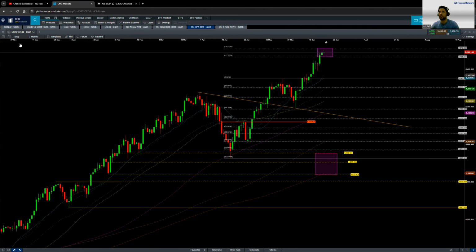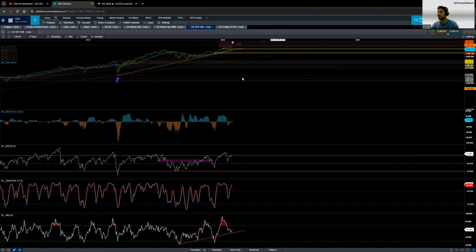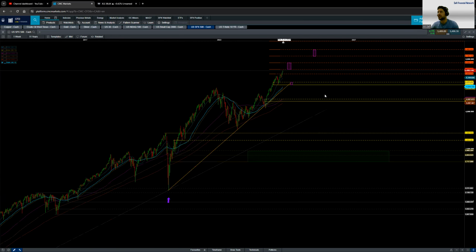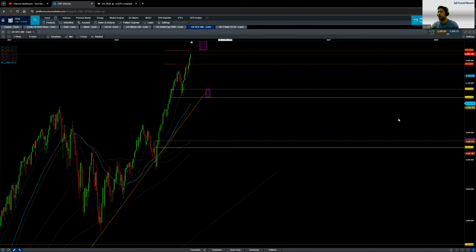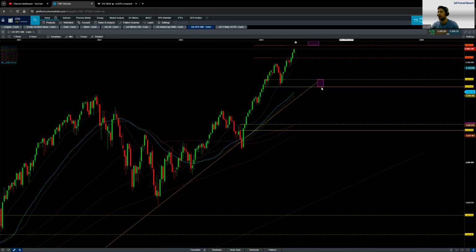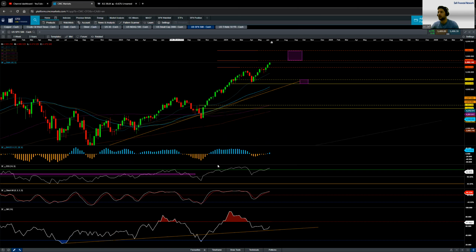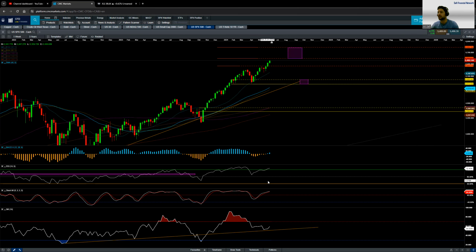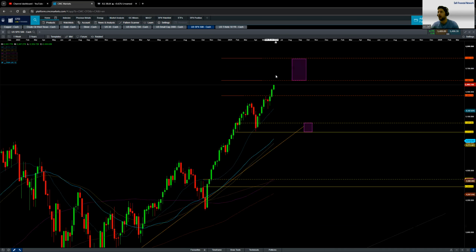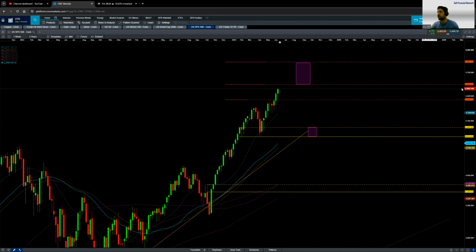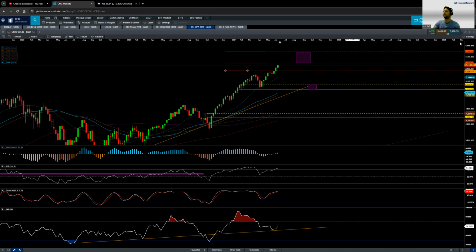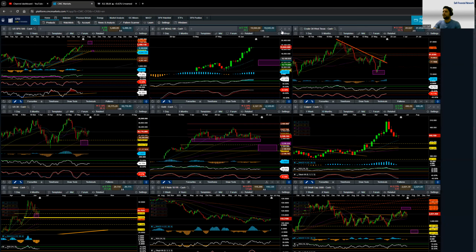But if you go to the weekly chart, the weekly chart is a different story. On the weekly chart, in 3 indicators in a row, we see a higher high, higher low in price, but RSI, MACD, and stochastic give us a lower high, which is a warning signal for me. For the weekly chart, 5,544 to 5,839, that's the top that I'm looking for. But for the daily chart, you see the scenario that the top is there.